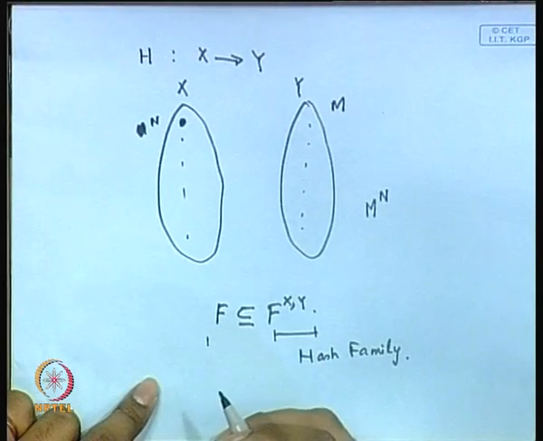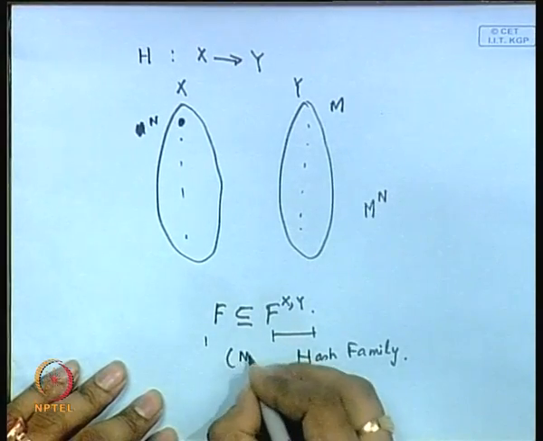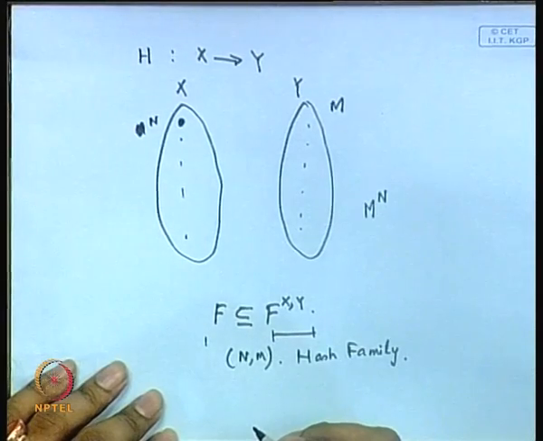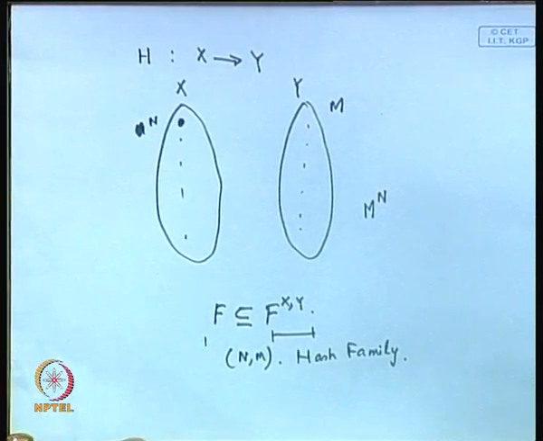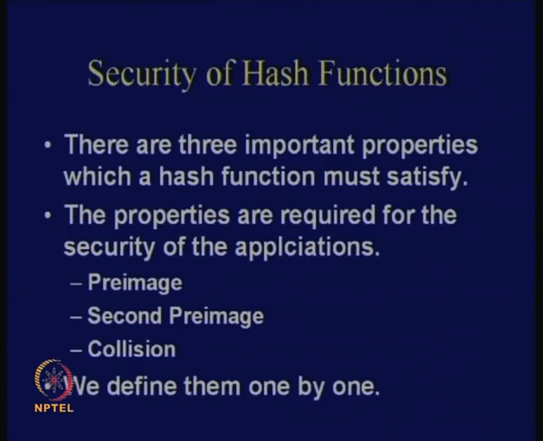There are various mappings possible, right. So therefore this is sometimes also called an n comma m hash family, because I am concerned only with the transformations from n number of values to m number of values. So therefore this is the definition of hash function, and now we will study the security aspects of